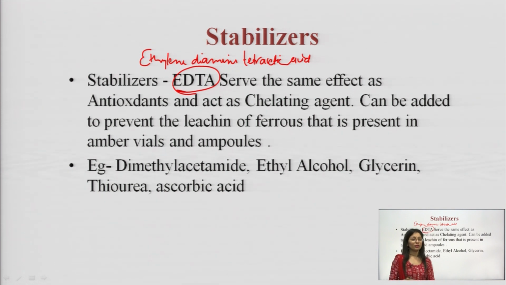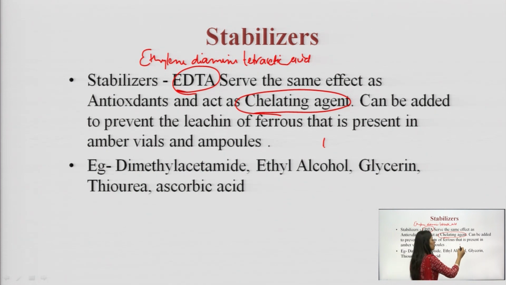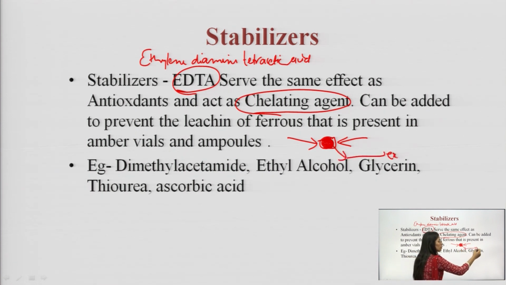What is chelation? Chelation is basically when you have any component, iron you can say, in the body. If there is excess of iron, we are going to give a tablet called Deferasirox. What does Deferasirox do? Deferasirox combines with the iron, the extra iron that is present inside the body, and that chelates out and is excreted out from the GIT tract, excreted out from the body.